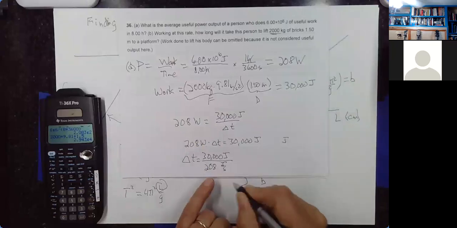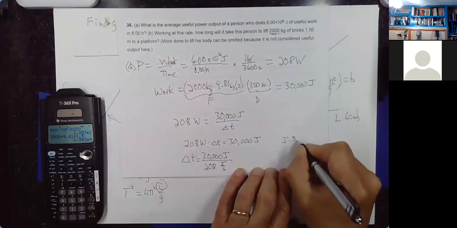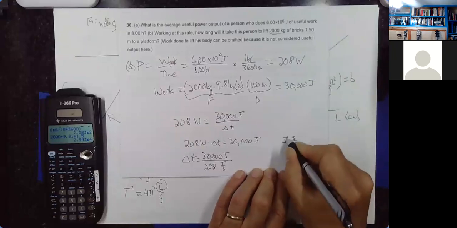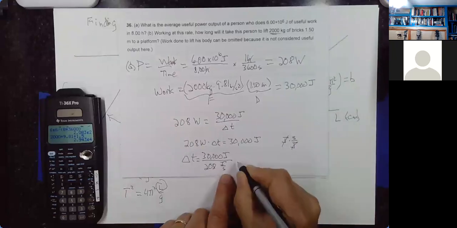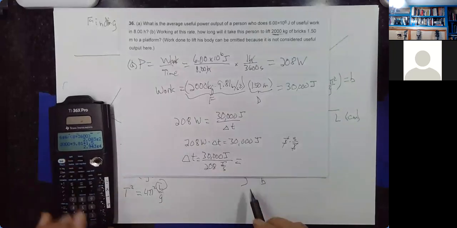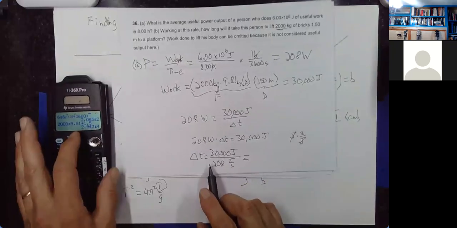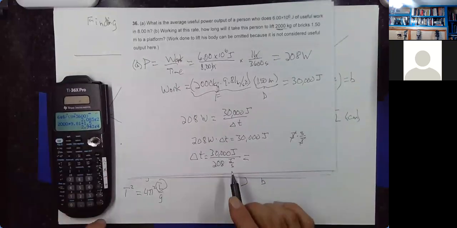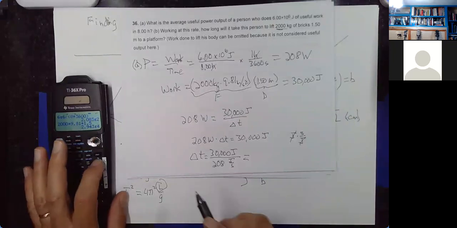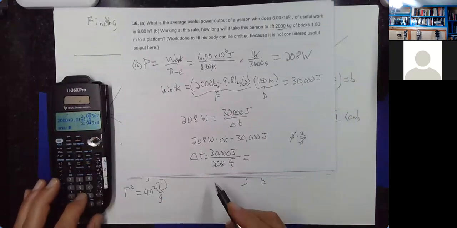I'm dividing by joules per second, but when you divide by a fraction, you invert and multiply. I get seconds over joules. The joules divide out, and I'll end up with seconds here. So just want to convince myself of that. And I still have this number more or less stored in my calculator. I've got an approximation of it, and I'm going to round off whatever I get